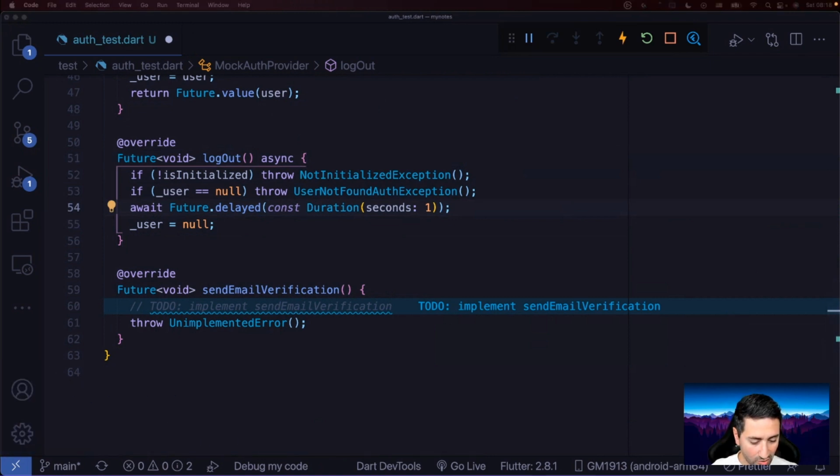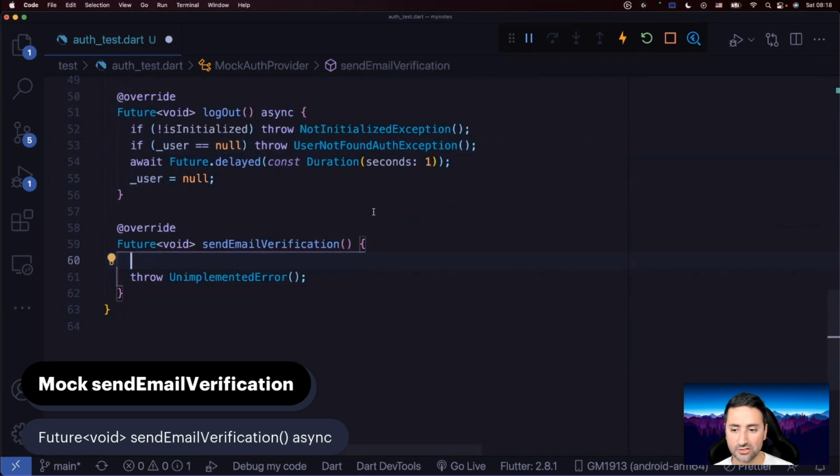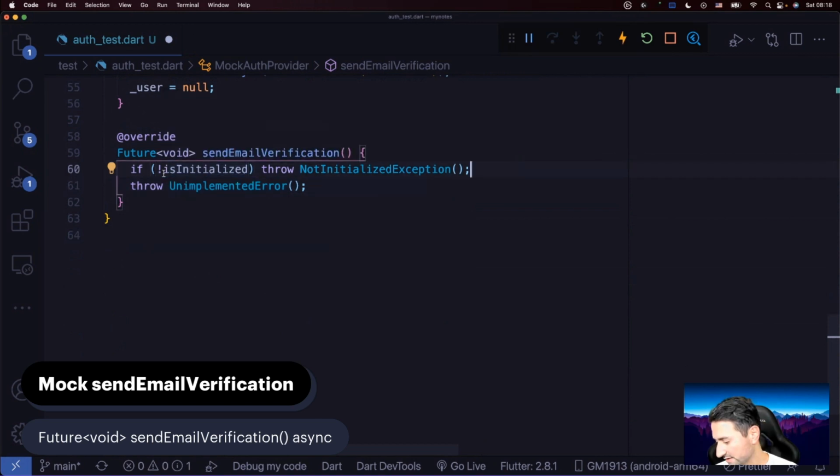Now let's mock our email verification code. So same thing. You should now be familiar with this. Let's just make sure that we're initialized. I'm going to grab the code from there. Remove the throw unimplemented error. Actually, let's leave it there. Okay, for now at least. And